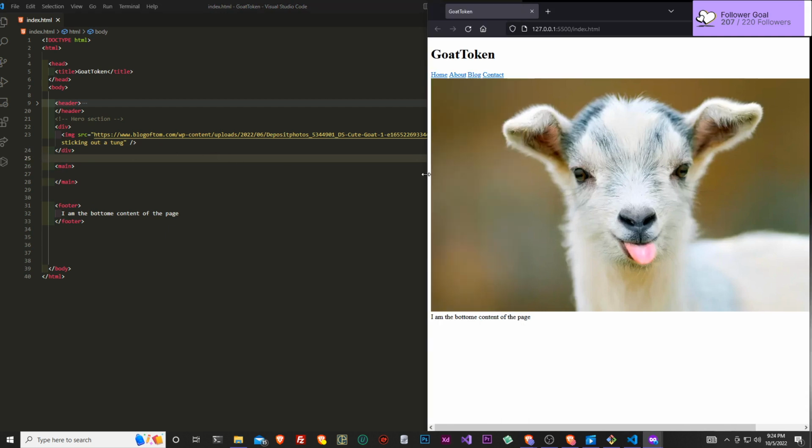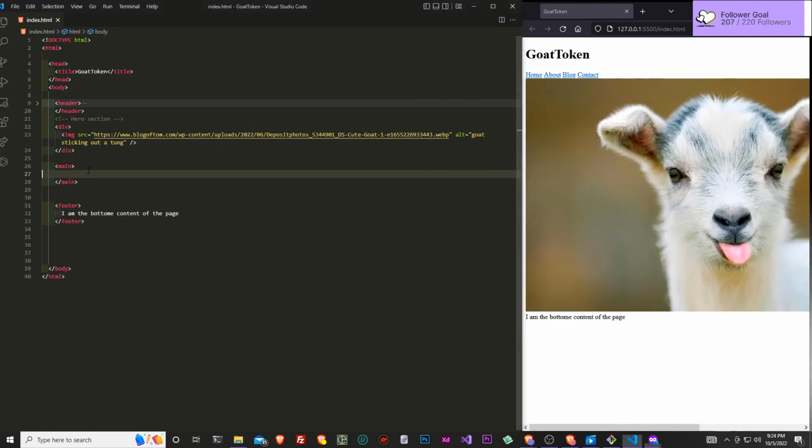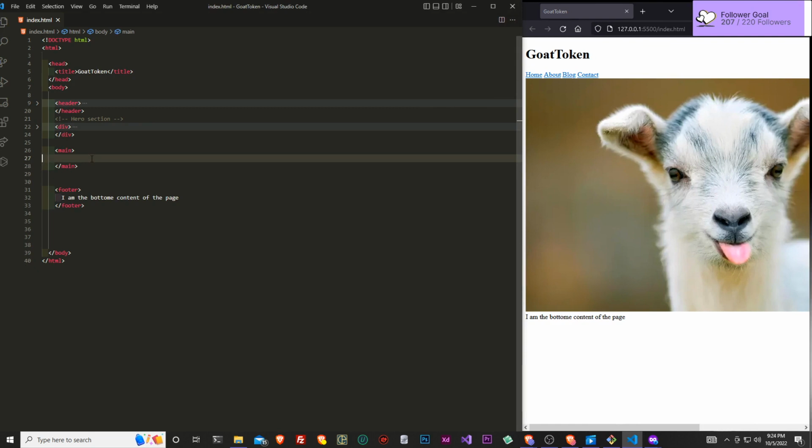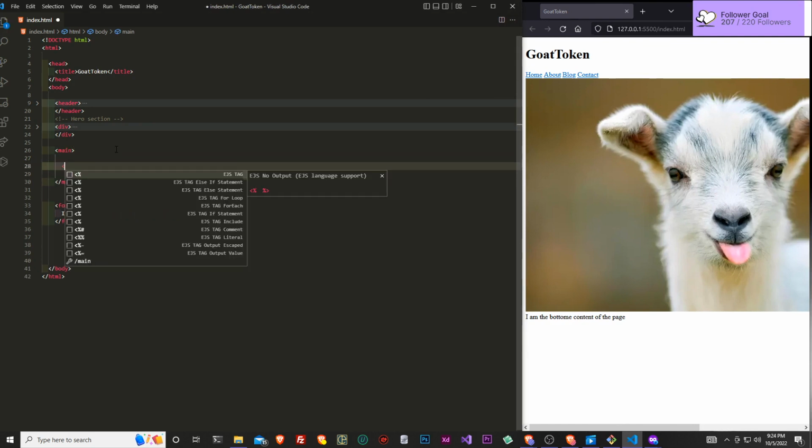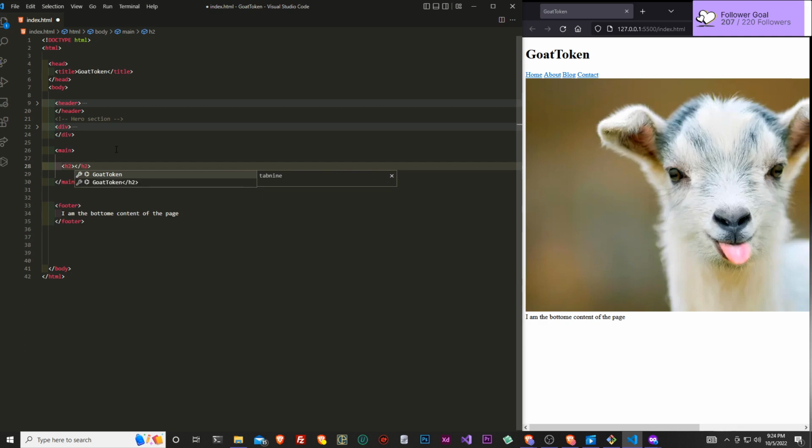So now we want to work on our main content. Inside of our main content, we can say: limited supply, get your tokens now.